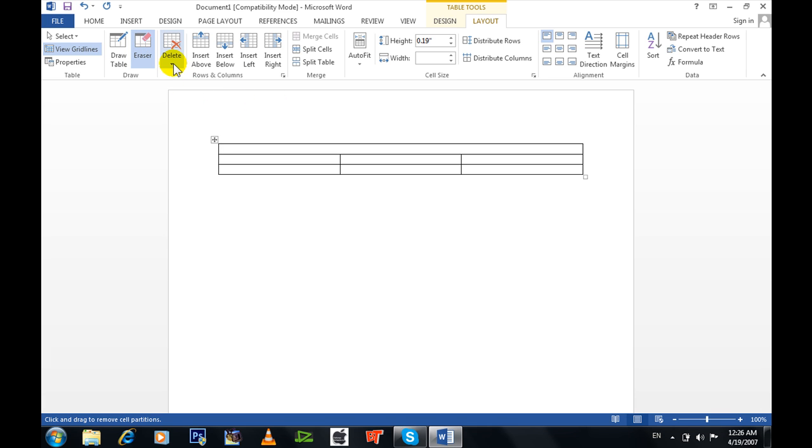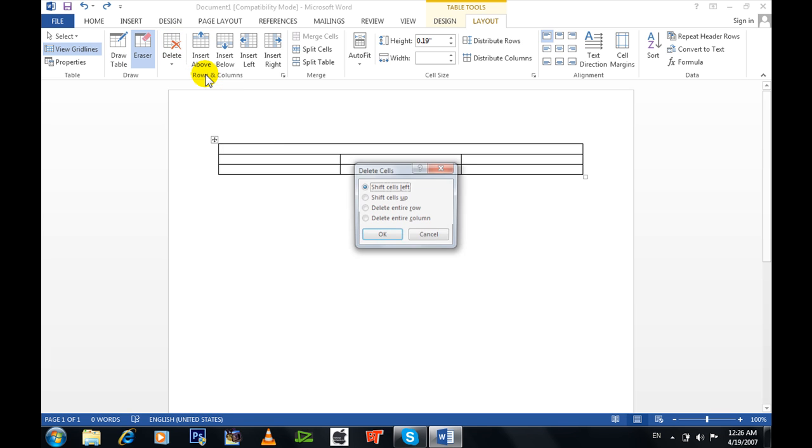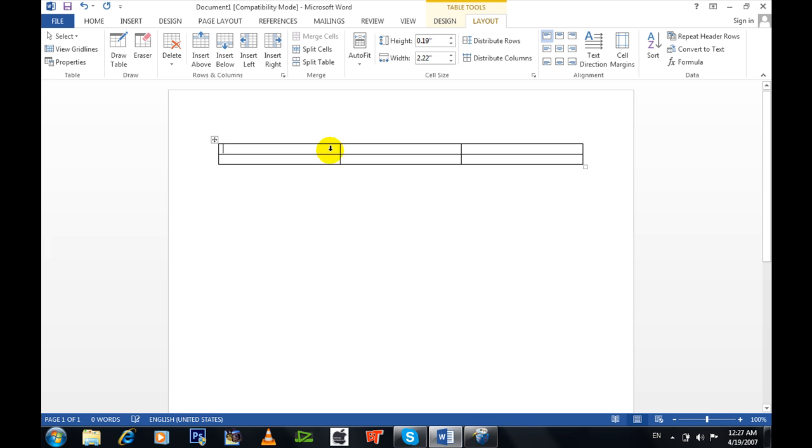The next thing is Delete. Here in Delete, you can delete cells, delete columns, delete rows, and delete tables. Delete cells, for example. First of all, select the cell, then choose delete. I want to delete here. Go to the cells where you want to delete, and after going, click delete cells and OK. You can see that the first cell is deleted. You can also delete columns, rows, and the whole table by just clicking here.